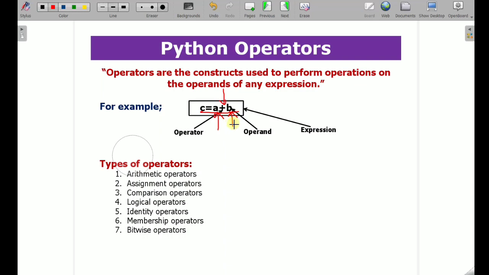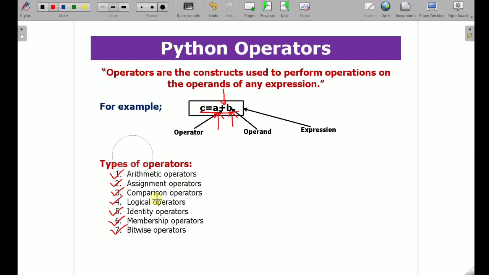Such types of operators are used in Python programming and they are of different types: arithmetic operators, assignment operators, comparison operators, logical operators, identity operators, membership operators, and bitwise operators. So these are the different types of operators in Python.